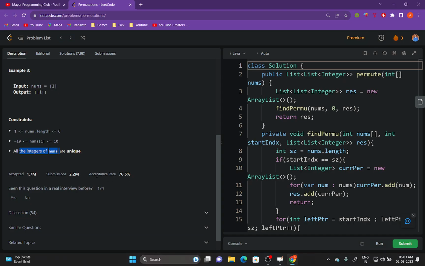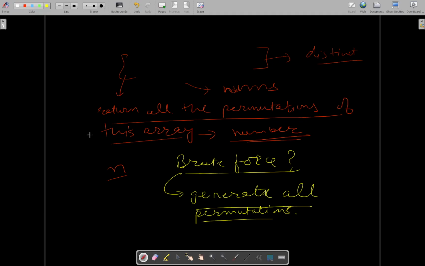Since the maximum size of the array is given to be 6, the number of permutations will be 6 factorial. I hope all of you know these concepts for an n-digit number,